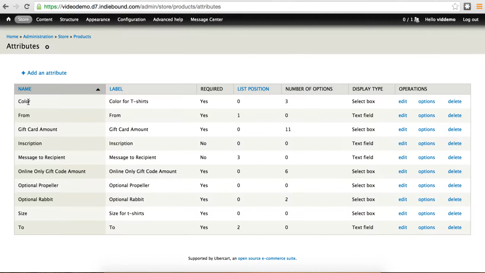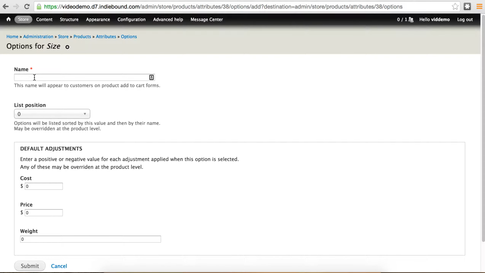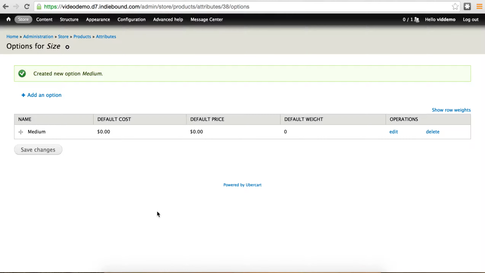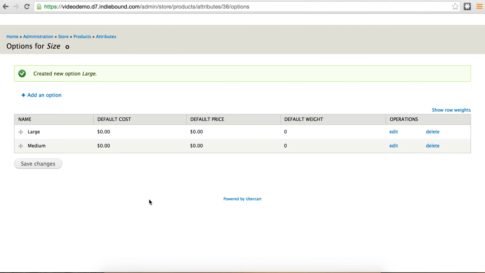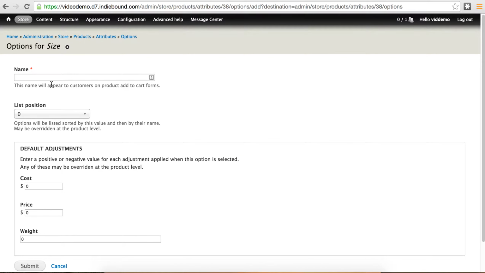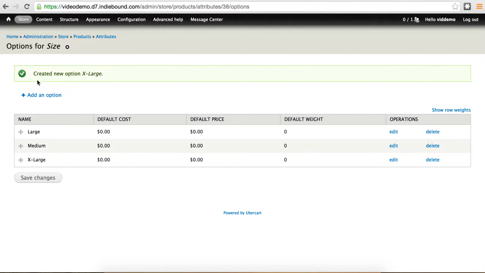So now I have an attribute called Color with a list of options, and I have an attribute called Size. We're going to add some options here. As it turns out, my t-shirts come in medium. We'll click Submit there. And another option, this will be large. Large. And finally,